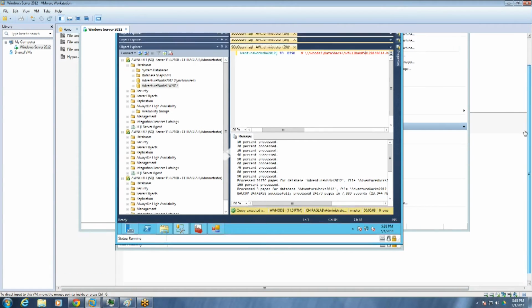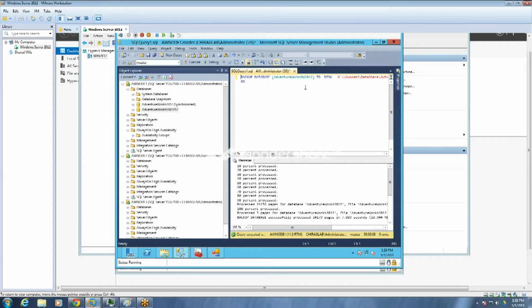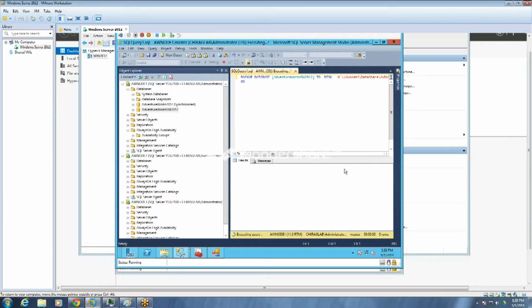Over here I specified backup database AdventureWorksDW2012 to disk, and I provide my share address at AW node 3 data share, AdventureWorks data warehouse full backup 0501, and the time is 8:38. So make it 8:38, and I hit check, and run it.